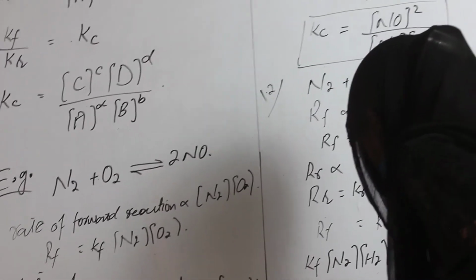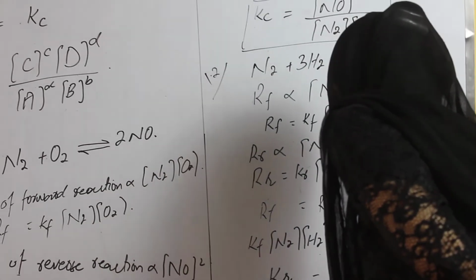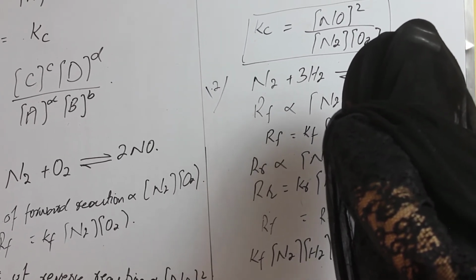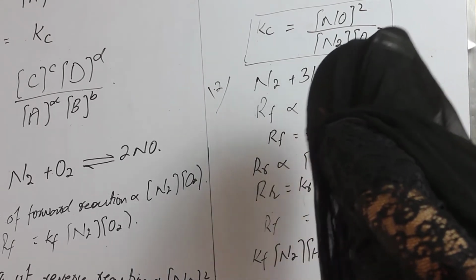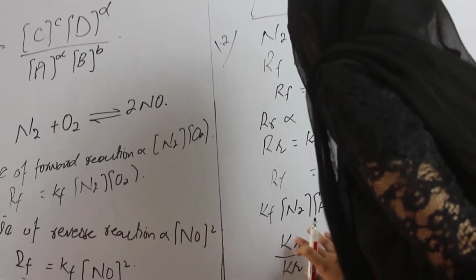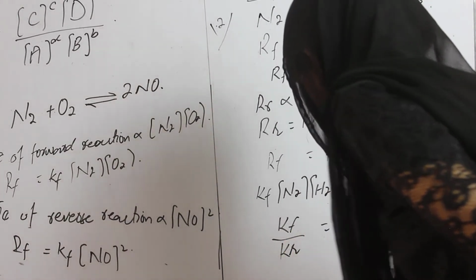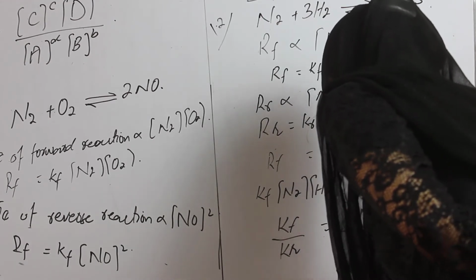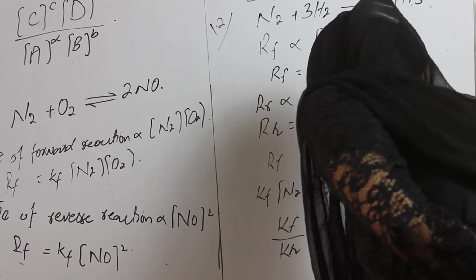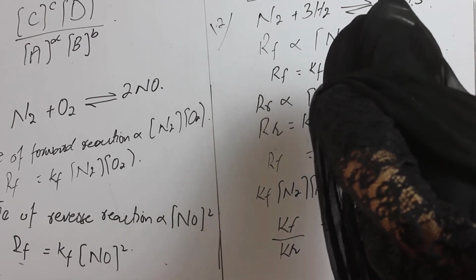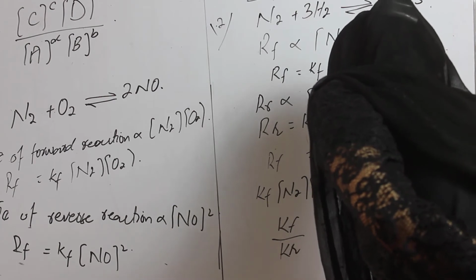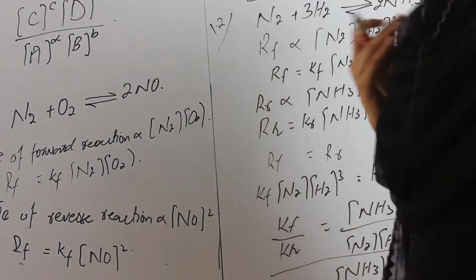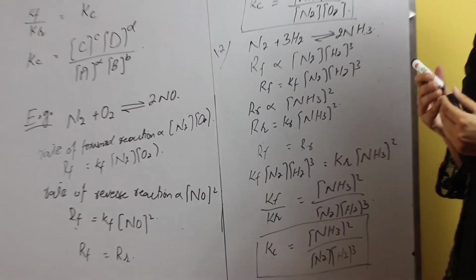By applying the cross exchange method, in place of the forward and the reverse constants we write the equilibrium constant, equal to the number of moles of the products in ratio with the number of moles of the reactants. That is the expression for ammonia gas. Okay, this is our lecture.